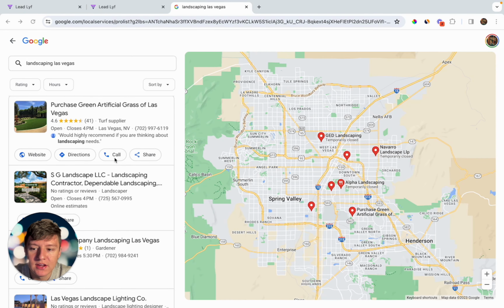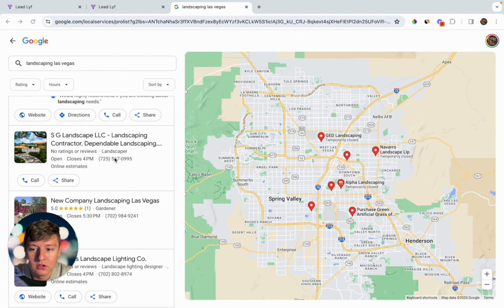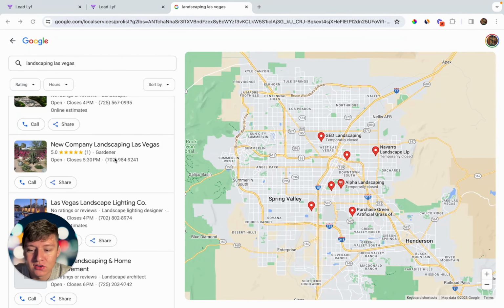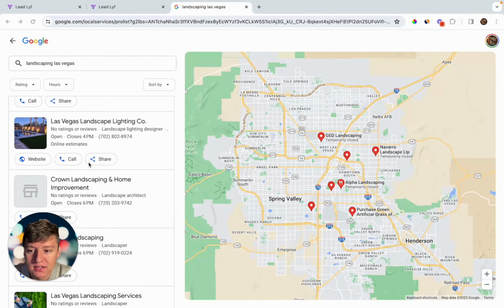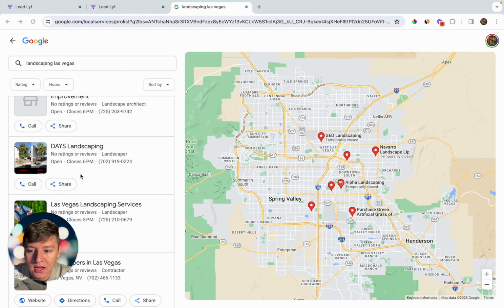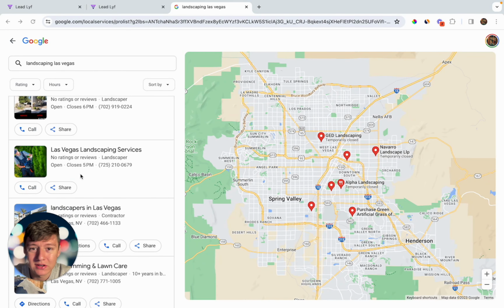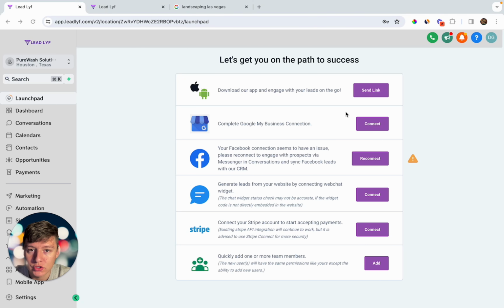Now as you guys are in here searching for businesses to sell that feature to, you'll also notice that a lot of these businesses right here don't have websites, like these businesses right here. And if I scroll down, you'll see more, and you're going to be surprised on how many businesses don't even have websites yet. And that gives us a lot of potential for us to make a lot of money selling websites to these businesses. So feature number 2 is going to be selling websites to businesses,